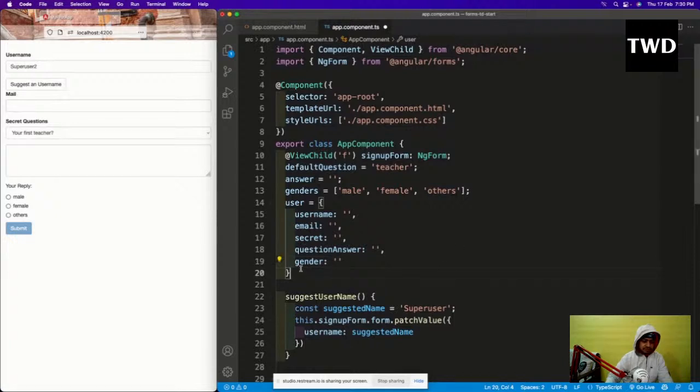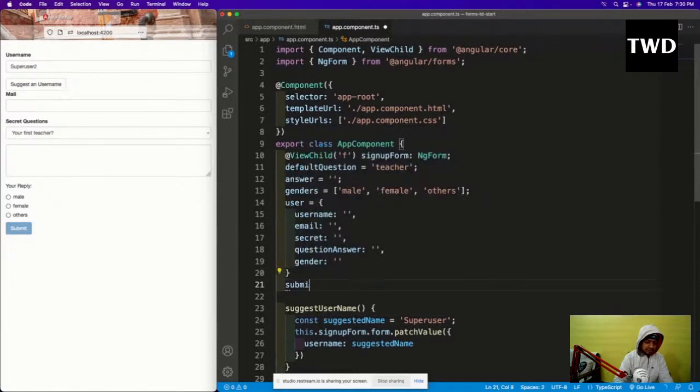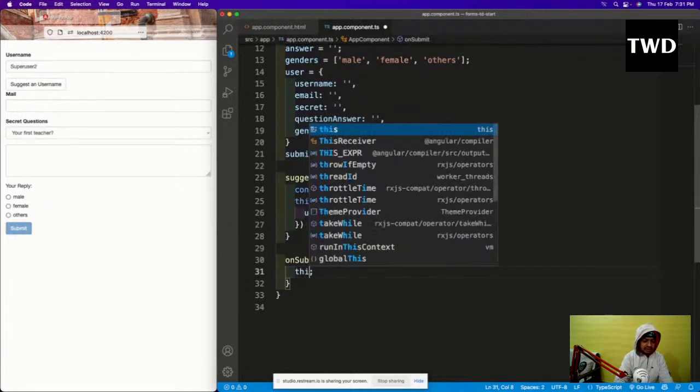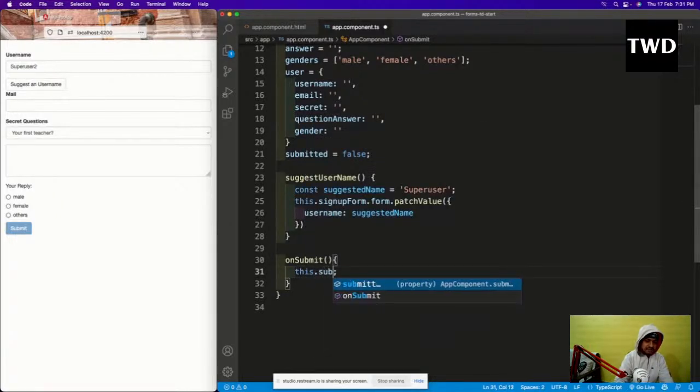And then we'll have one more thing: submitted equal to false. And then onSubmit is there. On submit we'll show all these things. The first thing we are going to do is remove this, and then this.submitted equal to true.